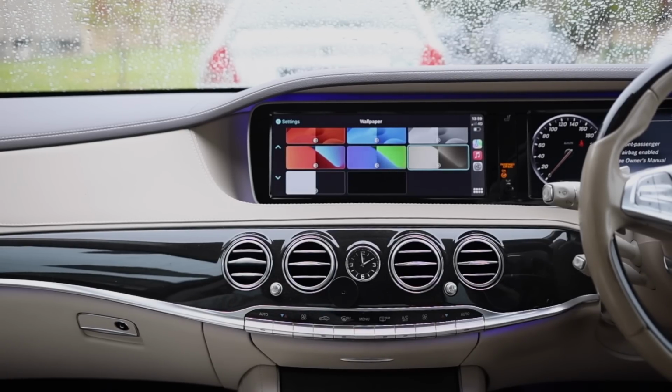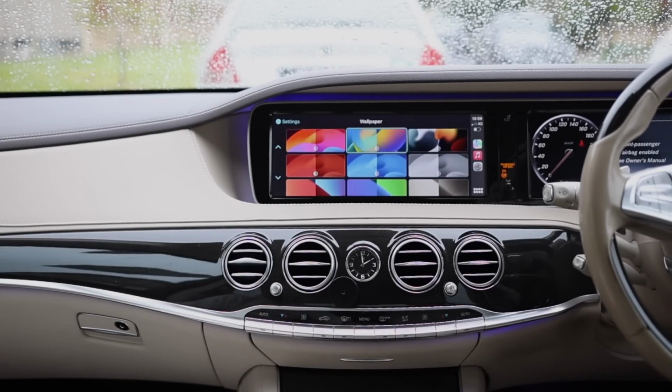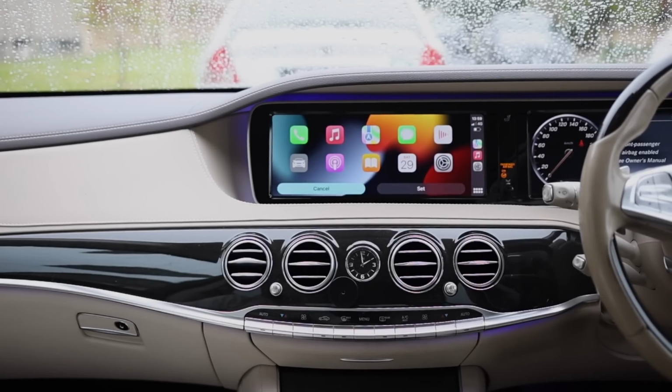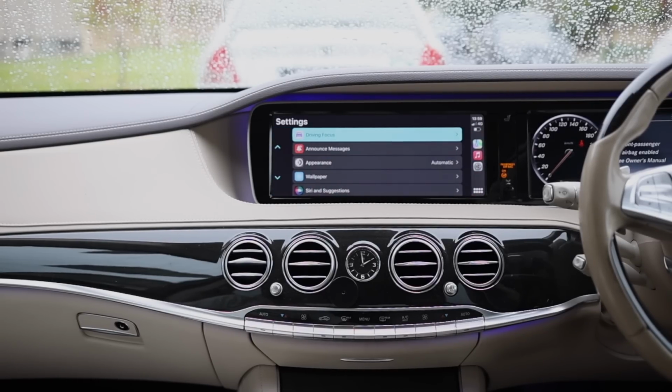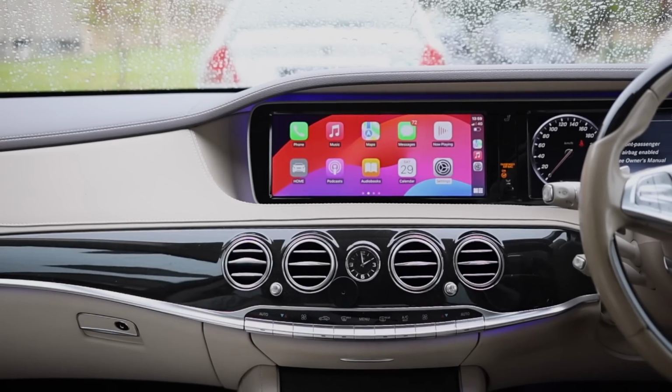So let's say, for example, I pick any of these wallpapers, say the third one, and I click on it, and I click set. Now if I go back to home, that's the wallpaper now. However, if I go into dark mode,